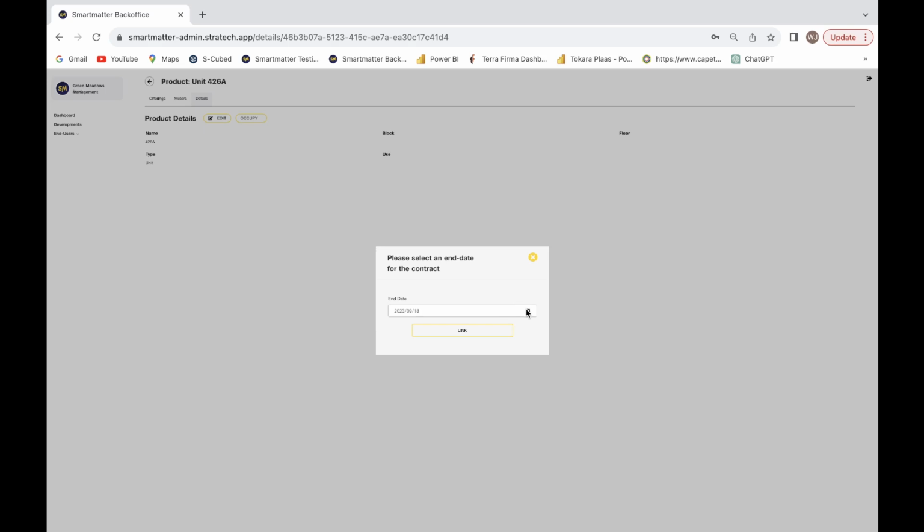Upon clicking on the button, we can select the end date, and it is absolutely crucial that this is done on the actual day that the student is moving into their unit. The reason for this is because we cannot select a start date. The system takes the day on which this action is performed as the actual start date of all the contracts. Thus, any days missed